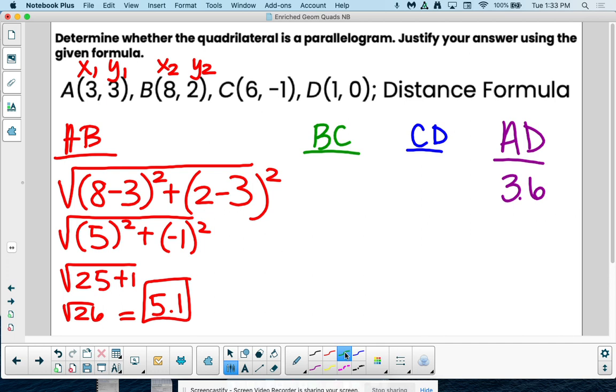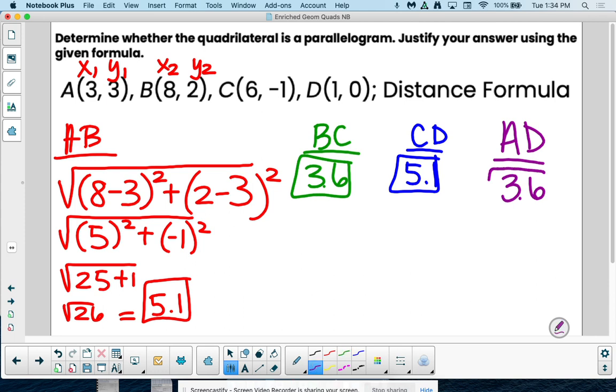Is that, did we all at least compare with somebody? Oh, BC's 3.6. Okay, we got 3.6 for B. Will you guys write this down in your notes so you have them? What about CD? 5.1? Are we all in agreement with whichever one you found? Yep. Okay, so now if we look here, folks, at our segment lengths, would this be enough to say it's